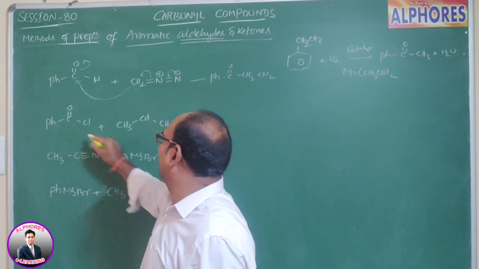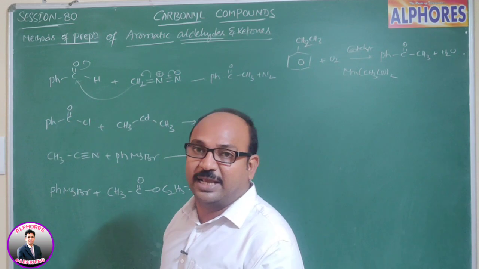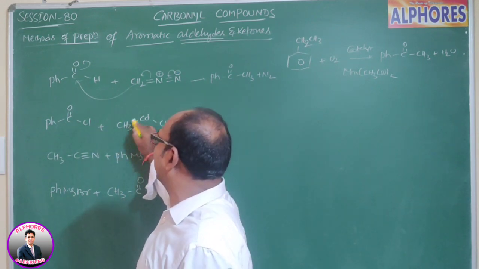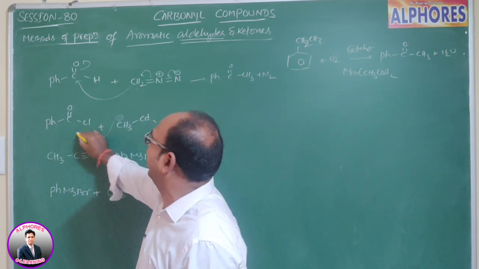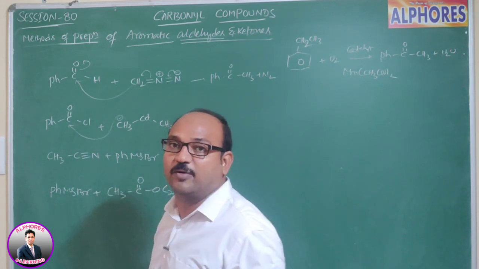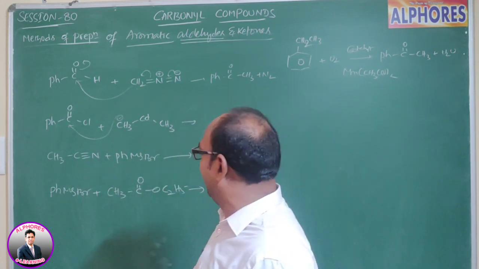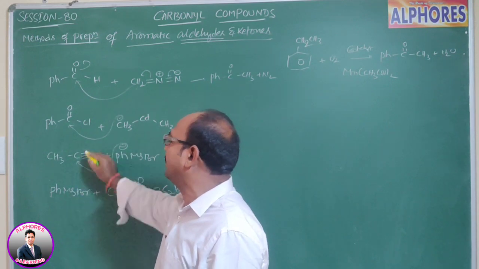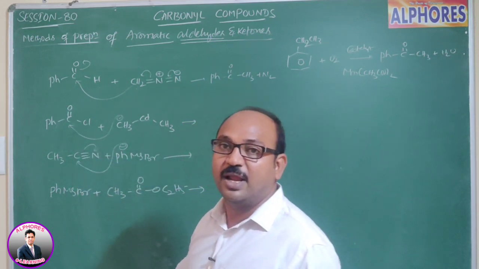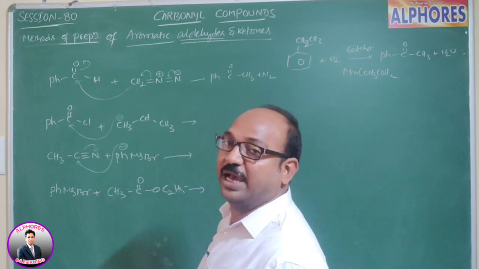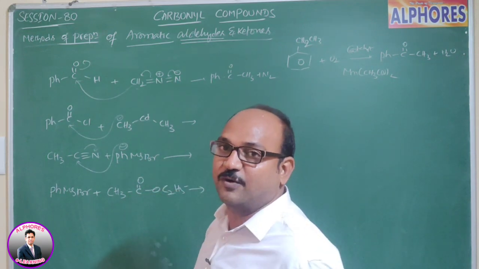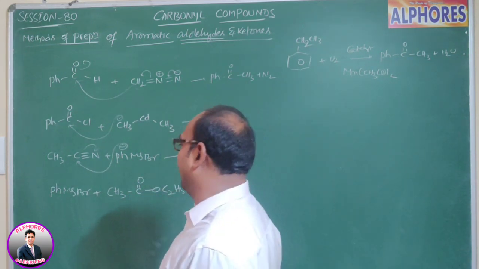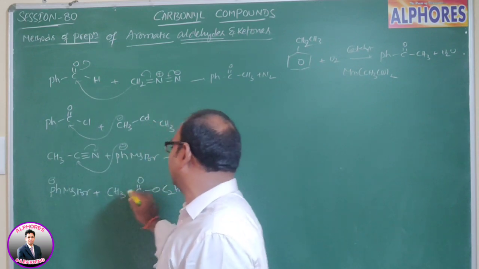And benzoyl chloride reacts with dialkyl cadmium; because of the organometallic compound, this carbon bears a negative charge and attacks the C=O group. Later what happens you know very well. And phenyl magnesium bromide, Ph−, comes and attacks this one. These electrons shift towards nitrogen, and you get N−MgBr, which upon hydrolysis gives what product, try to write.